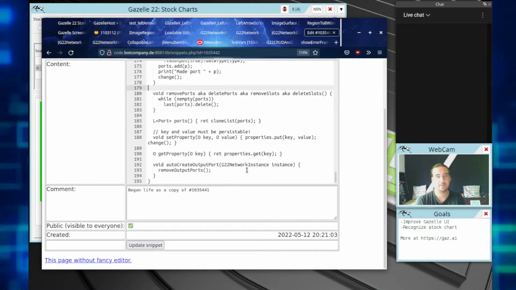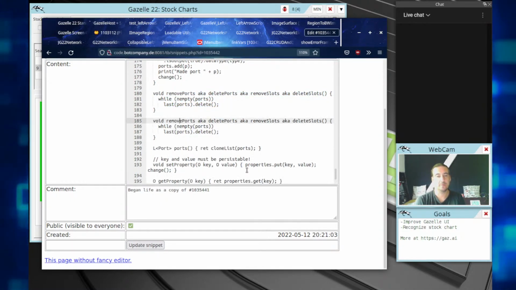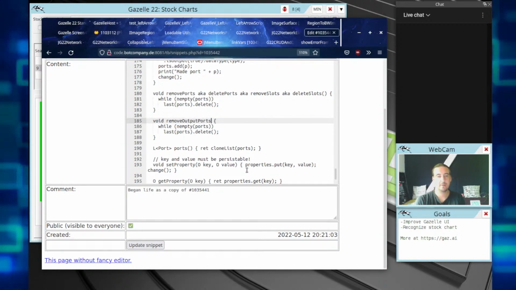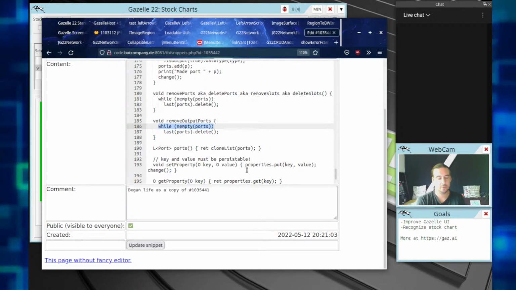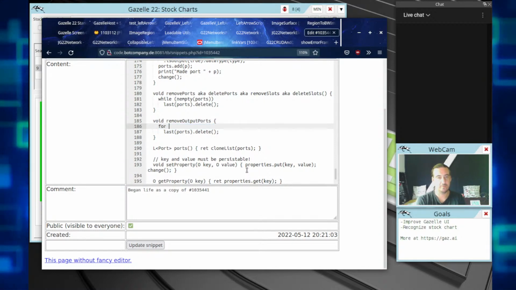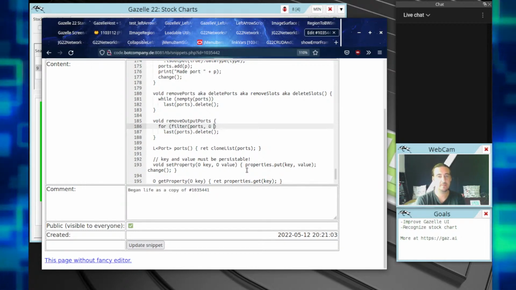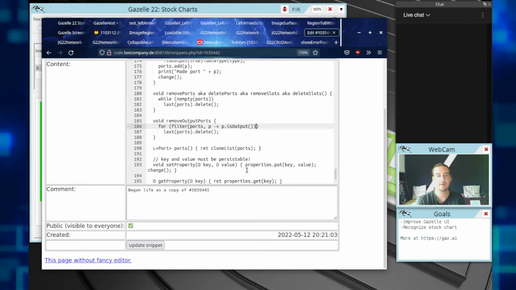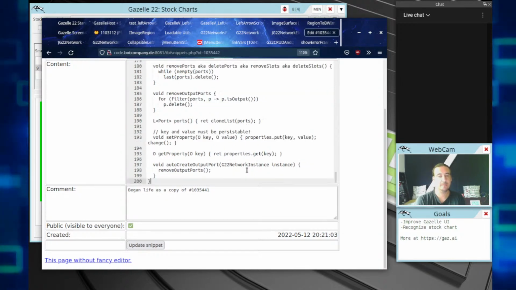Right. Remove output ports. For all ports which are output ports, p.delete,